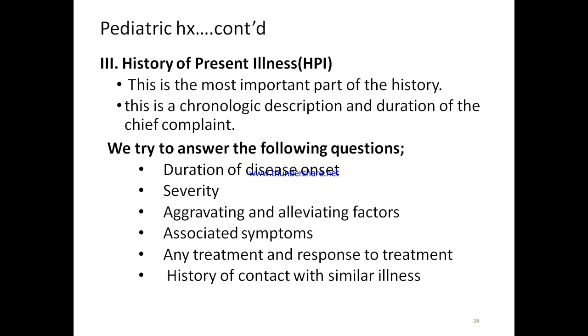Duration is the most important in classifying the disease during planning, and the severity of the disease, and what aggravating or alleviating factors there are, when the sign or symptom resolved after what the child may have taken, what aggravates the present illness, and what related factors or associated symptoms of the disease, or any drugs or treatment and response to treatment,